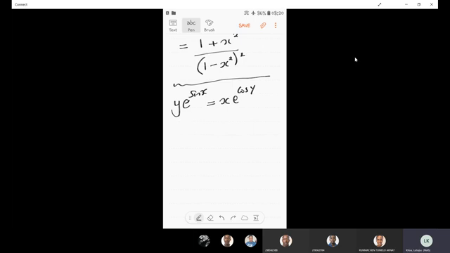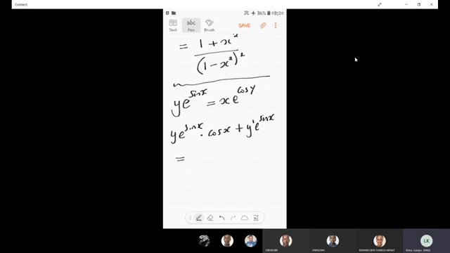So I will start with the first one as it is. So y, and then the derivative of e to the power of sine x. So first it stays as it is, and then I multiply by the derivative of sine x, which is cos x. Then I add the derivative of y, which is just y prime, and then e to the power of sine x stays as it is. So that's the first one, plus